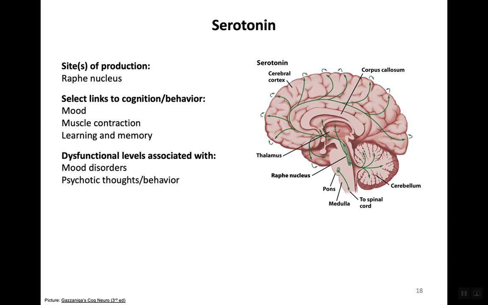More recently, serotonin has made the news because of some very interesting findings. It's been pointed out that the majority of serotonin production actually takes place not within the brain, not within the raphe nucleus, but interestingly enough, in the gut. A group of researchers from Caltech estimated that about 90% of the serotonin in the human body is produced in the gut, and it is impacted by the healthy